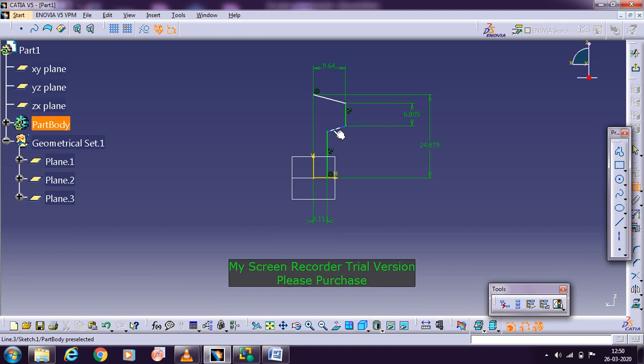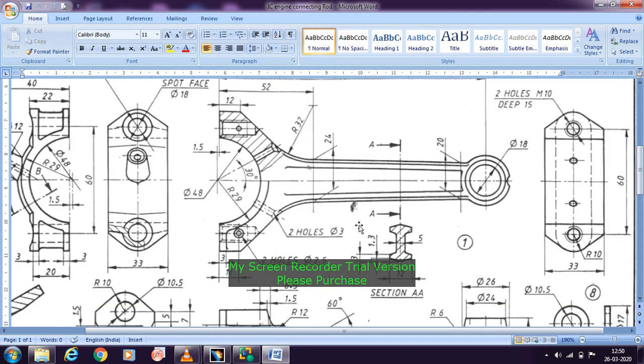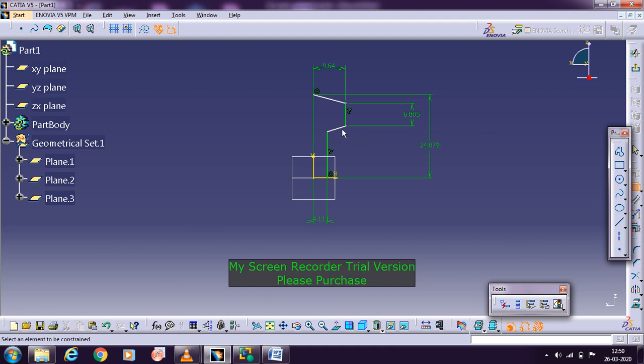In this case we also need to show the dimension for these slant lines, but the dimension for the slant line is not given as the slant measurement, it is given as the vertical measurement itself. I will tell you how to take it. For the 2 slant lines you need to show the vertical measurement. Go with the dimensioning. Click the end point of this line here, just select one point here, and then click one more point here, selecting in such a way that you do not select the line, but a particular point. Now we got the slant measurement here, but I want the vertical measurement.